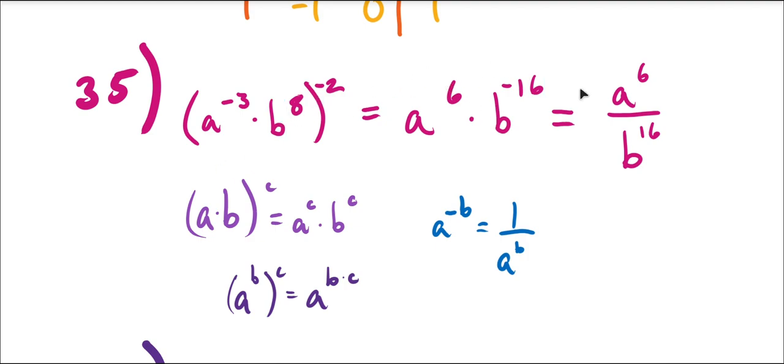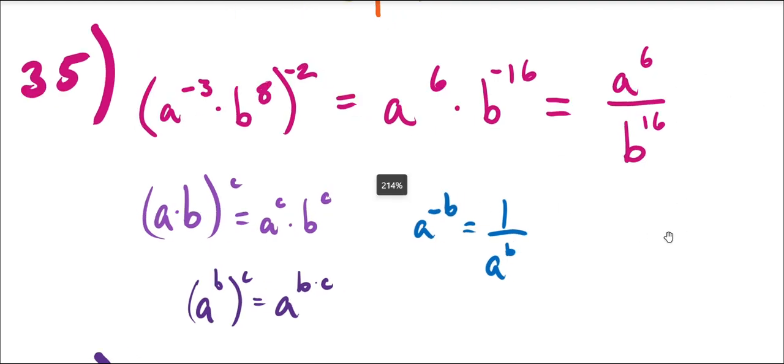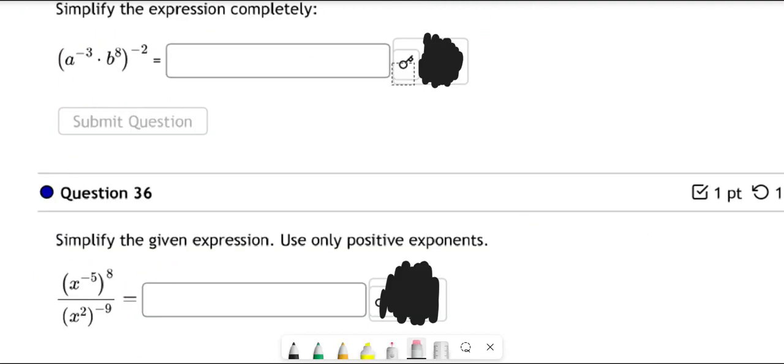To write this with positive exponents, we just need to move any negative exponents that are in the numerator, this is over 1, down to the denominator. If there were any that were in the denominator and were negative, we'd move them to the numerator. But that's it, and then this is written with positive exponents. Let's check our answer here. Looks good. Moving on to question 36, we now want to take this x to the -5 to the 8,